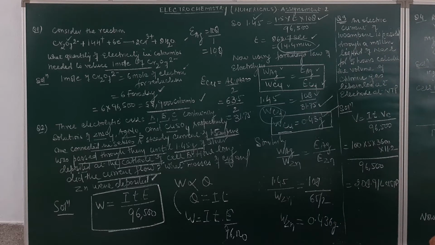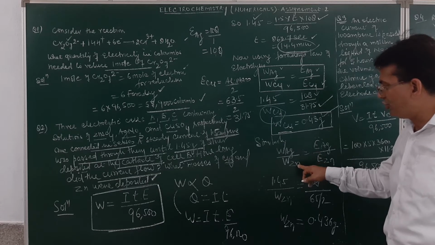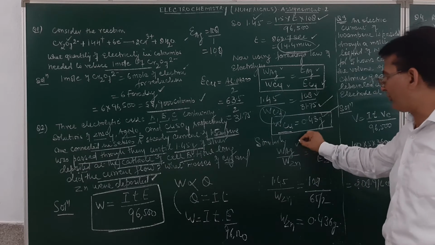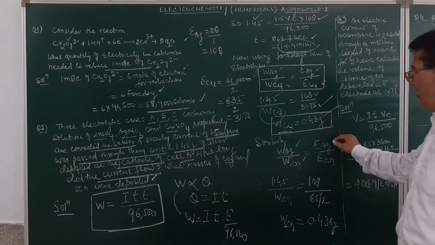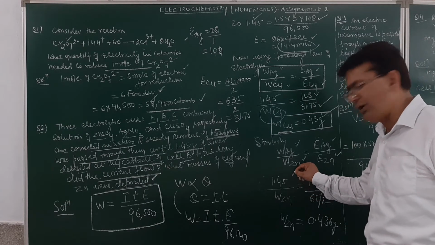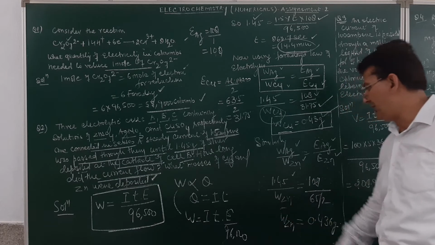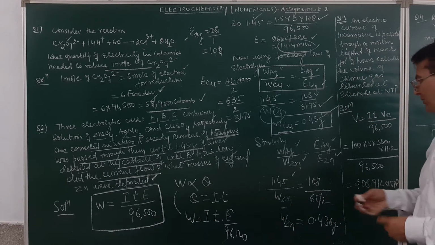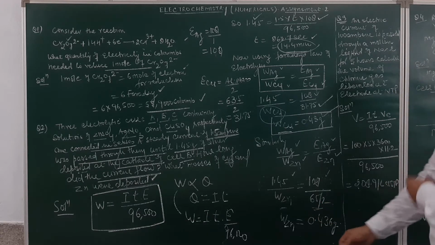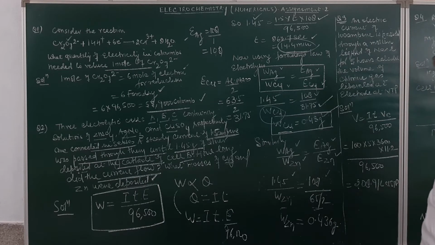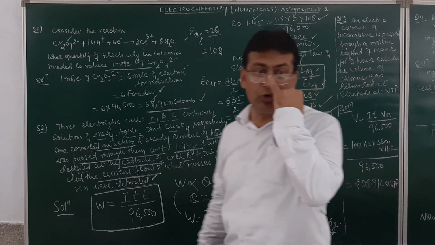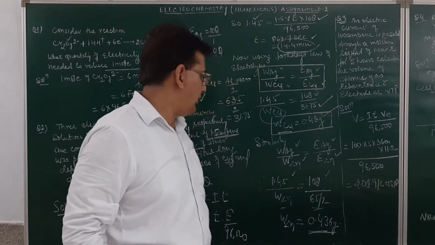Similarly, if we want to find out the mass of zinc deposited, we will take the two compartments that were connected in series, and these are of silver and zinc. So mass of silver deposited to the mass of zinc will be equal to equivalent mass of silver to the equivalent mass of zinc. What is the mass of silver deposited? 1.45. Mass of zinc deposited is to be calculated. What is the equivalent mass of silver? This will be 108. What is the equivalent mass of zinc? It will be atomic mass divided by valency. So 65 divided by 2. And on solving it out, it will come out to be equal to 0.436. Is it clear, student?